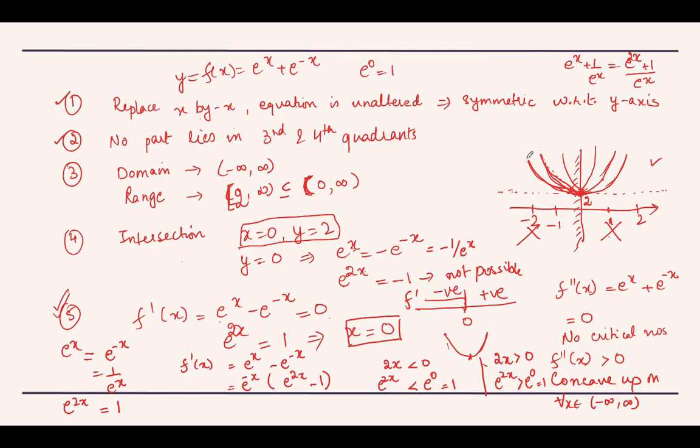So that tells us this is the shape of the graph of the function. You can have a slight variation in how narrow or how wide you want to make the graph. So slight variations are allowed, but remember it has to be symmetric. Secondly, this has to be a point of minima, and thirdly, it is always concave up, so it is like a cup shape. So that is how you can make a rough sketch for this function. That is all in this lecture, and we'll discuss more examples in the coming classes.